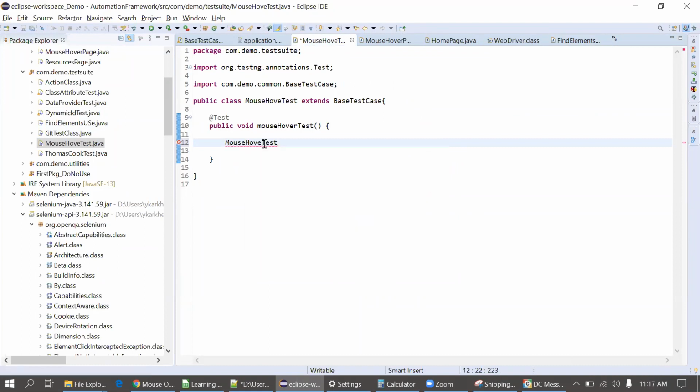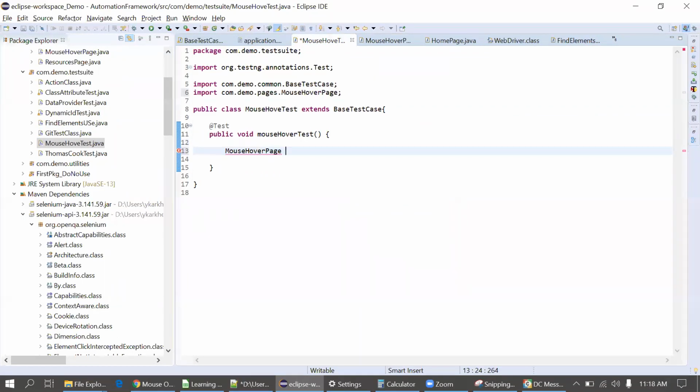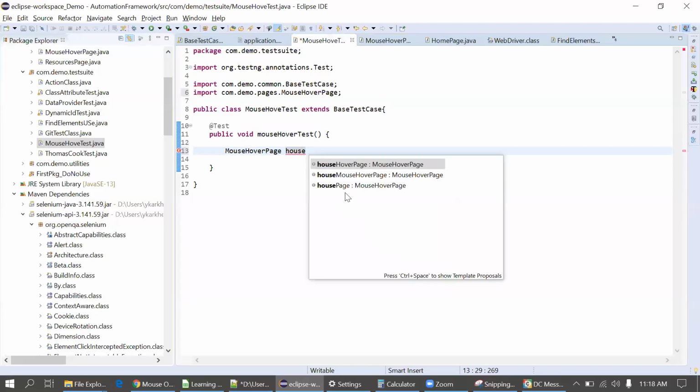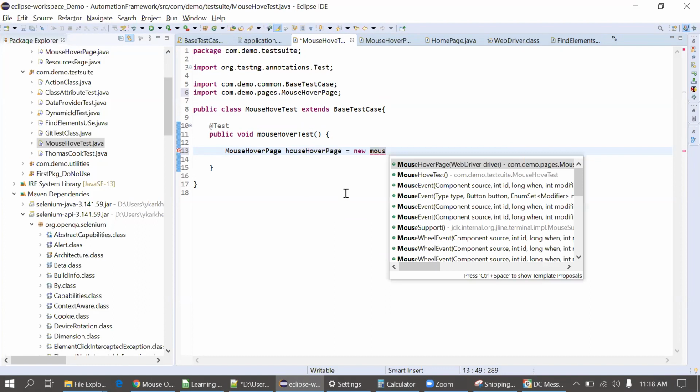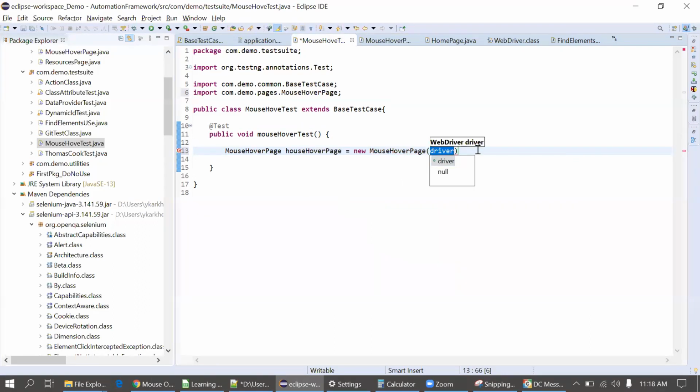Mouse over page. Not this, switch the class to the MouseOverPage. We are passing the driver from the base class now. So here, dot.